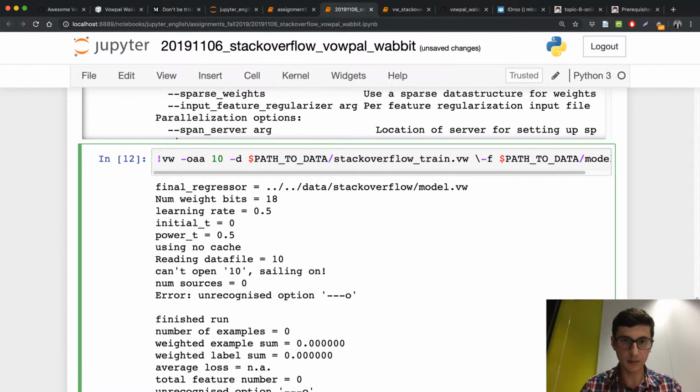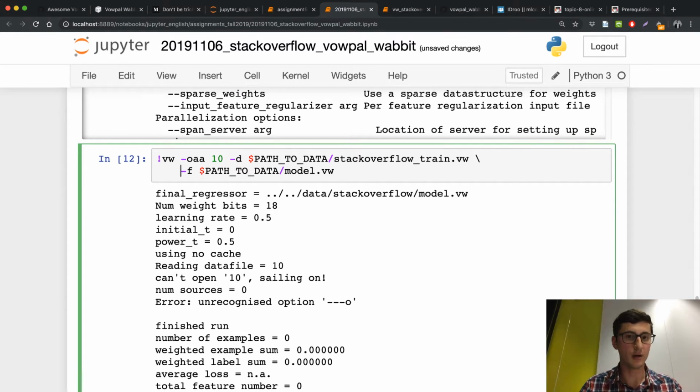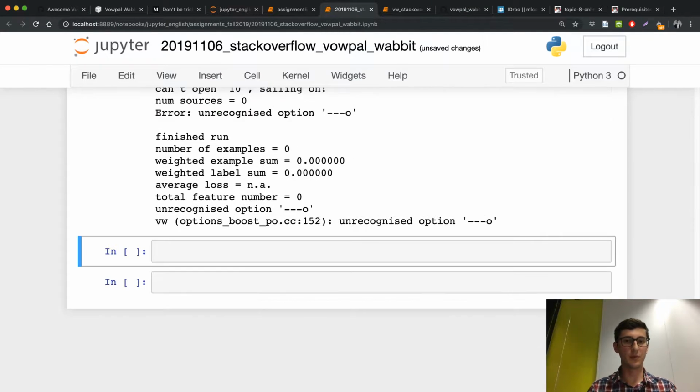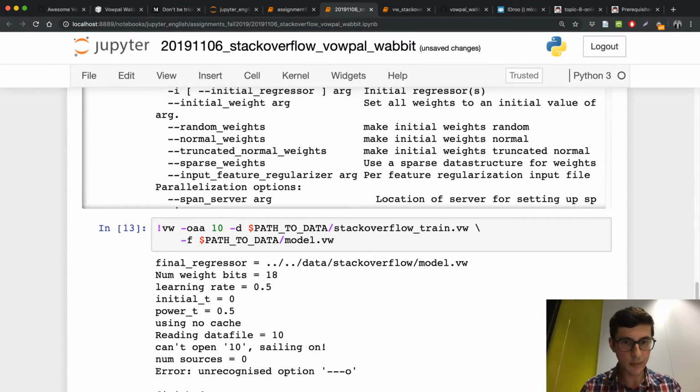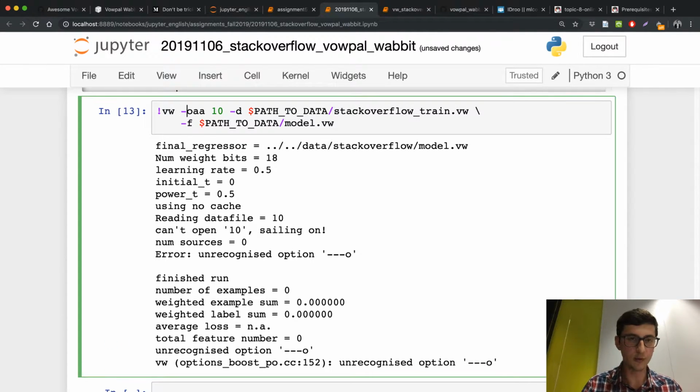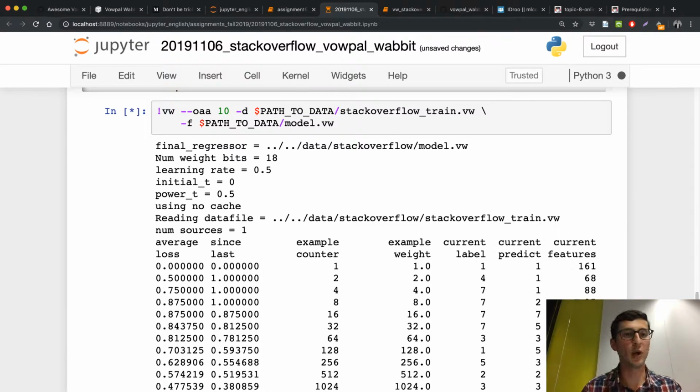Okay, now it's more readable. So it will be 10 class classification with this training dataset, and we'll save the model here. Something is wrong, probably two dashes here. Okay, so now we've launched the training,